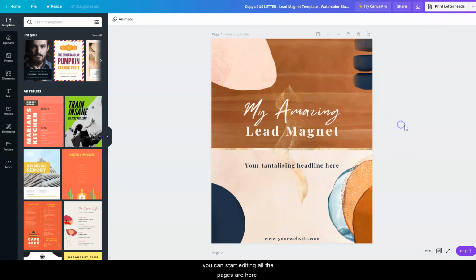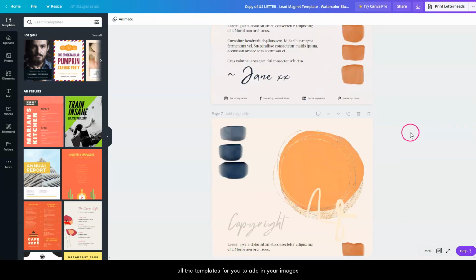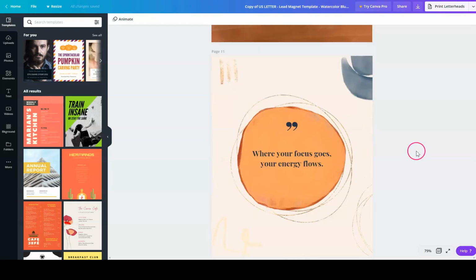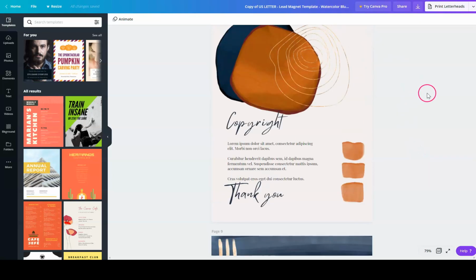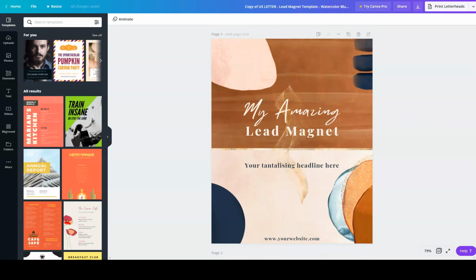All the pages are here. Everything, all the templates for you to add in your images and do what you like. But I will show you now. So before we go ahead, I will mention that